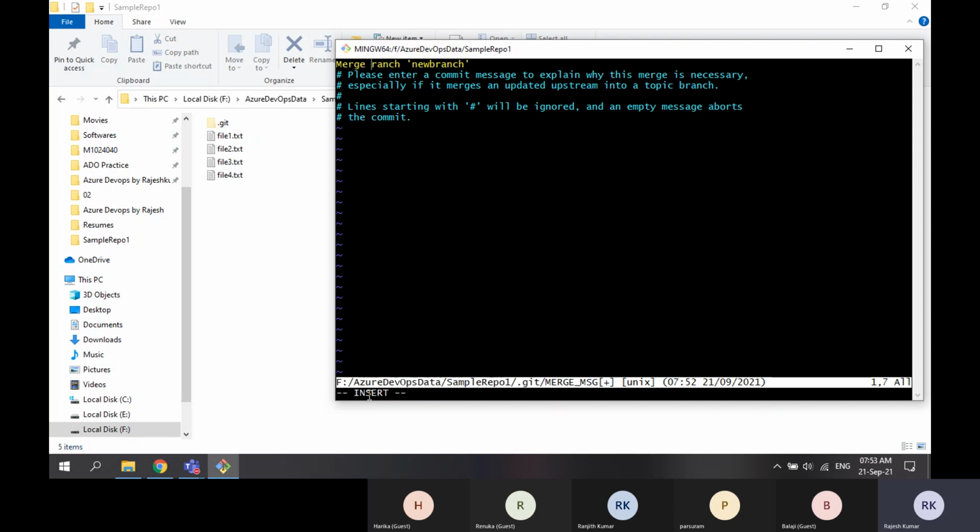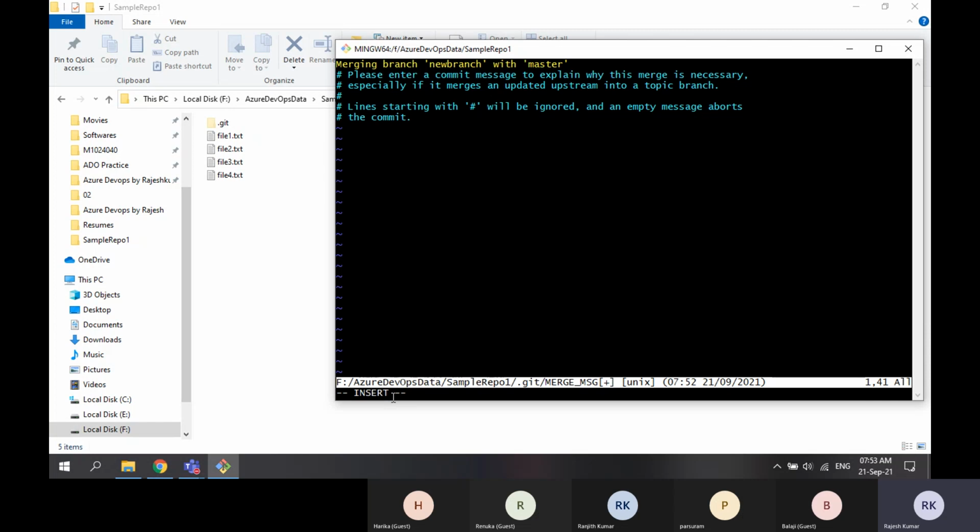So while typing, by mistake, I pressed I, so it went to insert mode. If you observed earlier, the insert mode was not there. That is a different mode. Now it is insert mode. So here I can say merging branch, new branch with master. Right? So my insert was done.